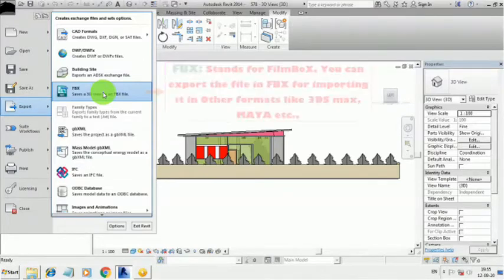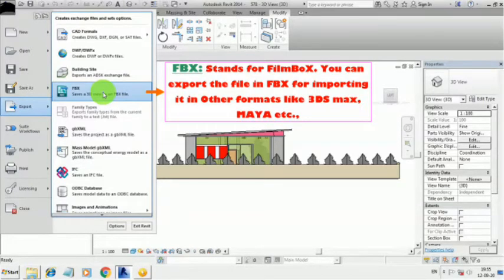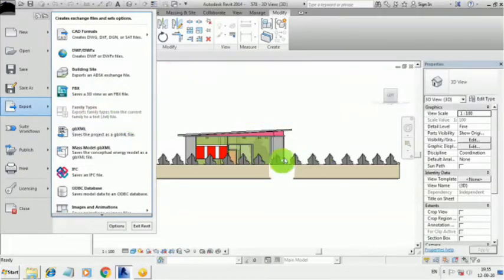We can export the Revit project file in FBX format. We can import the FBX format in 3ds Max and render that project in a more efficient, more clear way.